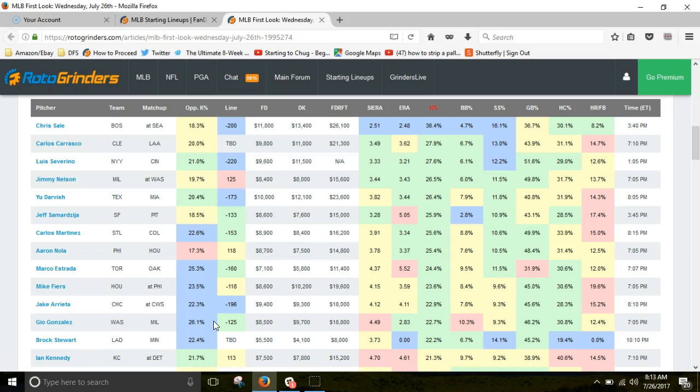But, you know, is he worth 1,000, 1,400 or so more and facing Milwaukee, who can really hit the ball around? Maybe. Maybe not. I would consider him more of a GPP type play because that feels risky. It's still a pretty good spot, but it feels a little bit risky. I don't want to say Marco Estrada is safe. I don't really even want to say Arrieta is safe,